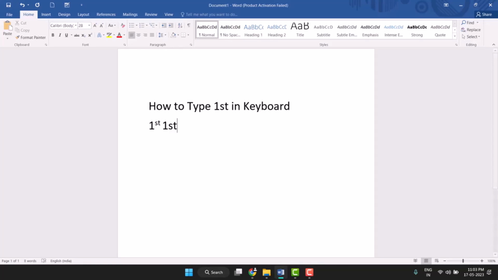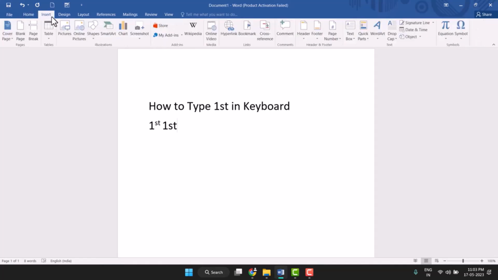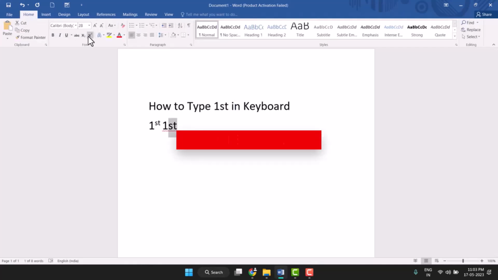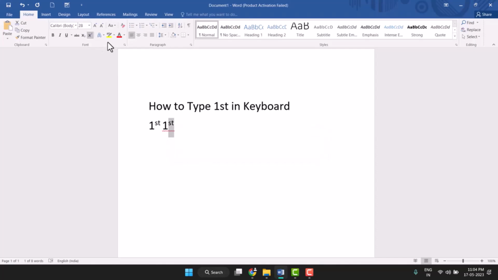type this "first": firstly select this ST, and here you see this X and 2. So just click on here. So you see, very easily you can type this. So this way you can type "first"